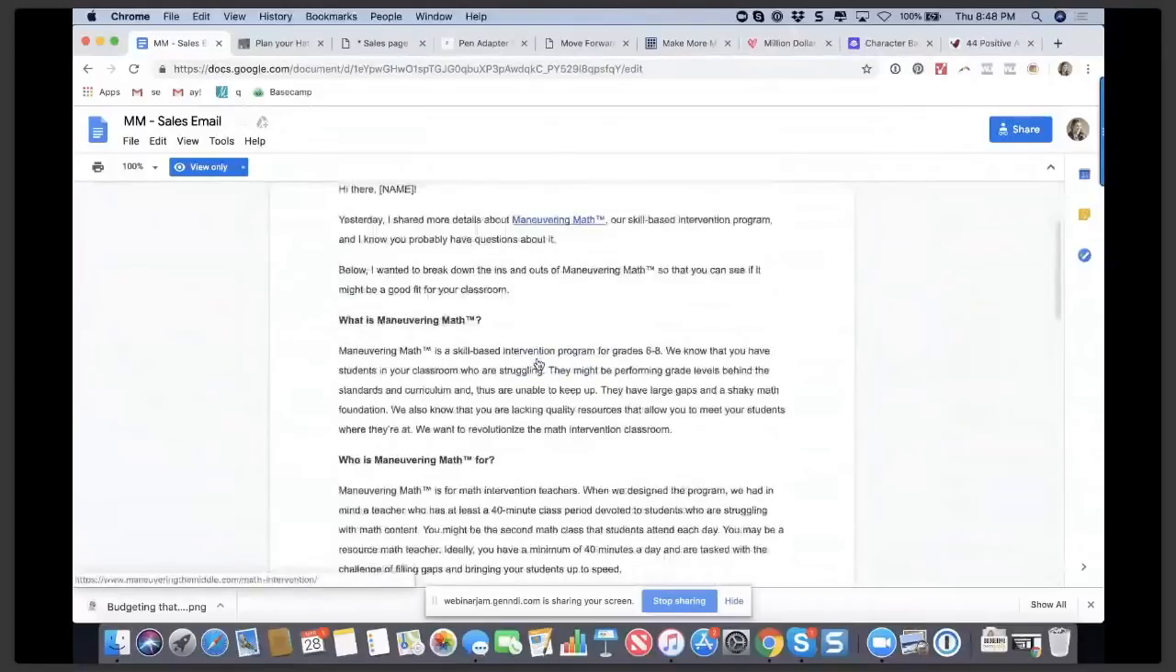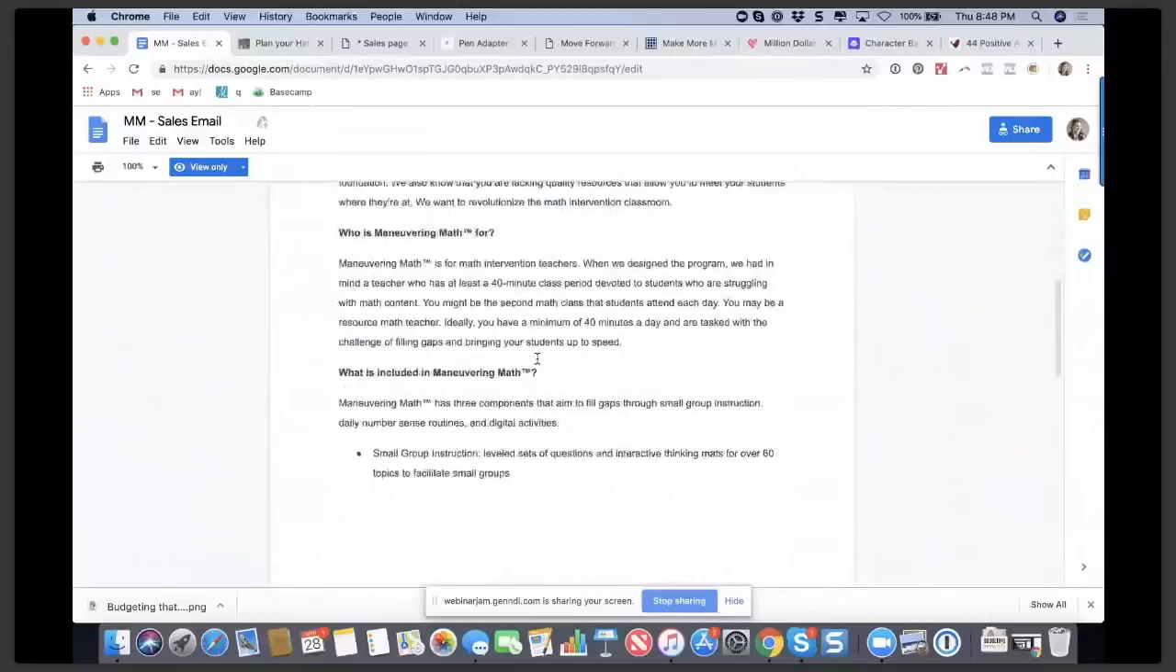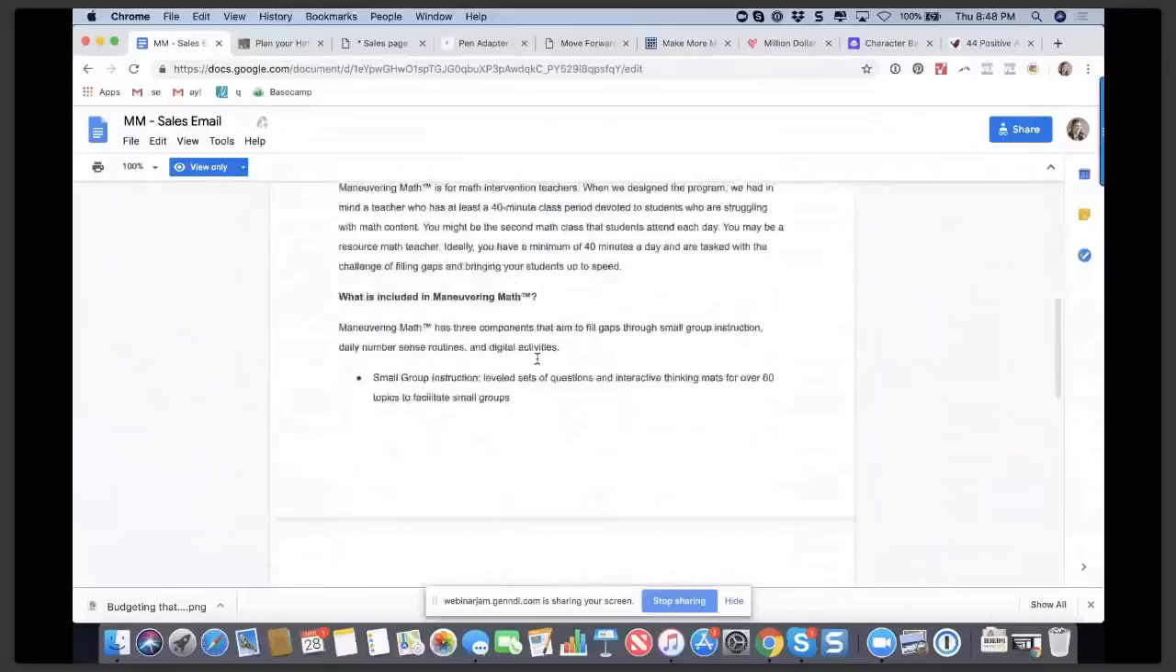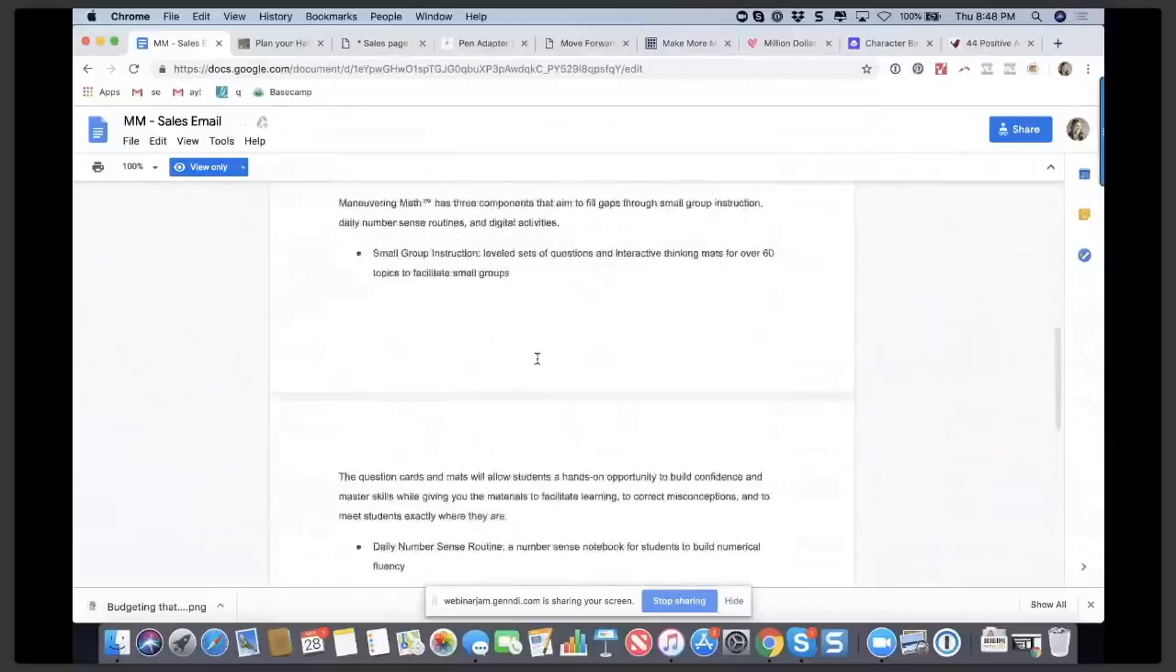So just the more links that you have, obviously don't go overboard, but the more links you have in emails, typically the more you're going to see conversions, because you want to just get people over to your sales page. The more people that you get over to your sales page, the more things you're going to sell. And then also,